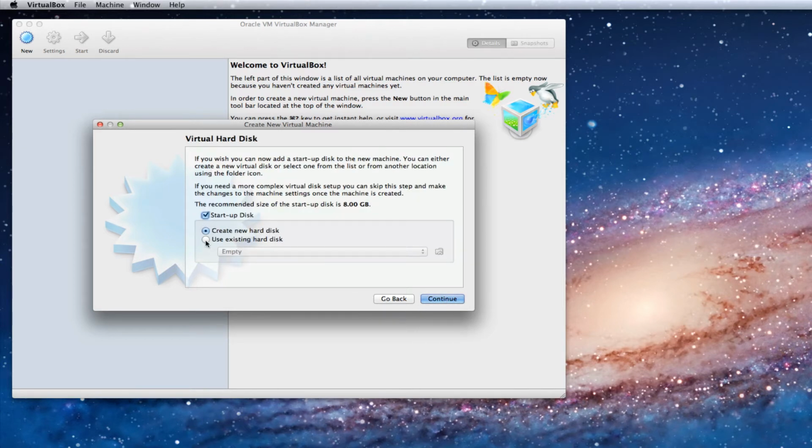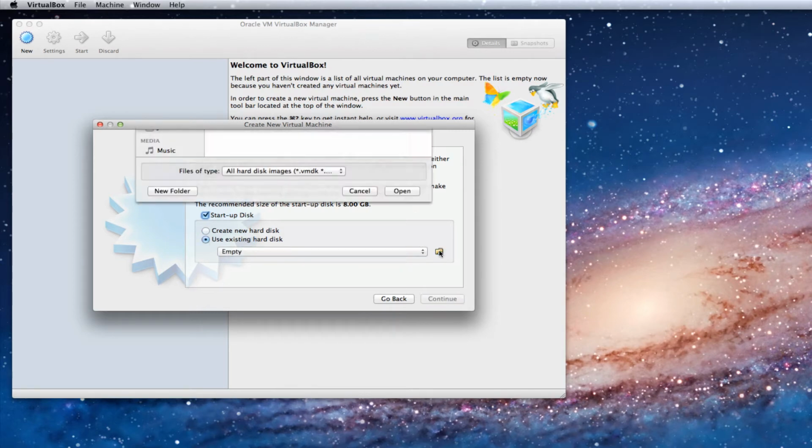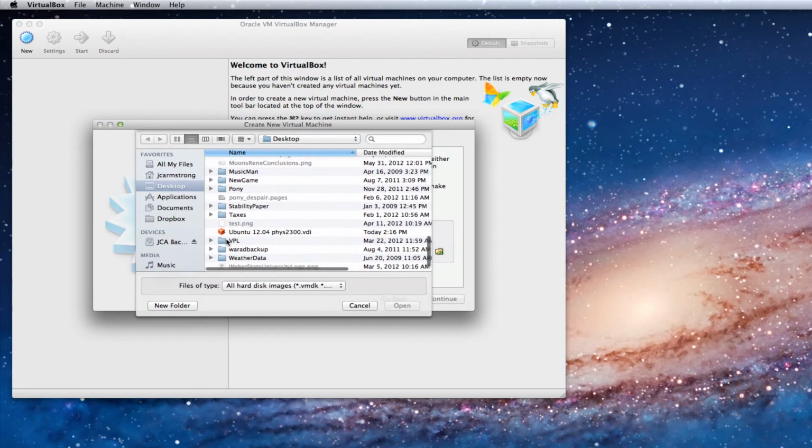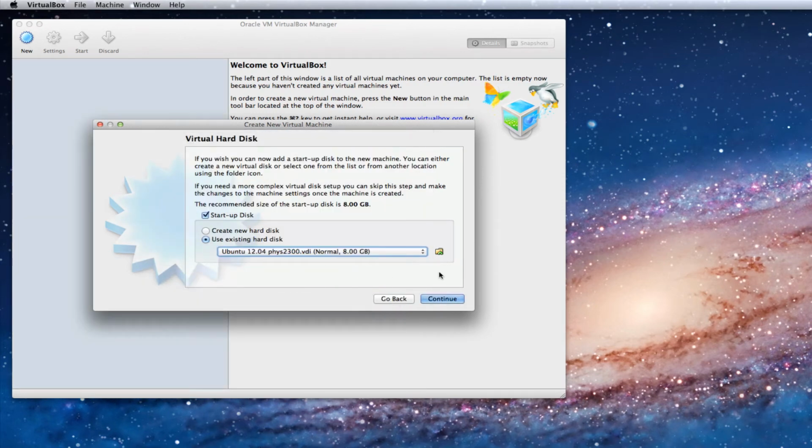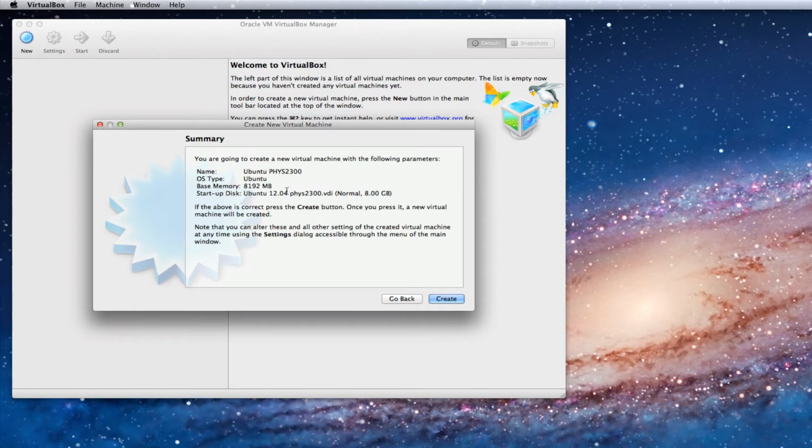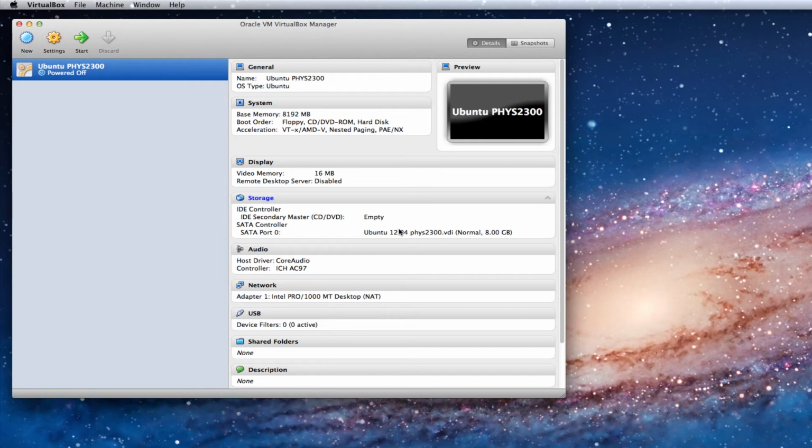Hit Continue. I want to use an existing hard disk, and you can select the virtual machine that you downloaded from our website, and that will be the hard disk which has our virtual machine instance. This tells us everything we put in here. I hit Create, and now I have a new virtual machine that will run Linux. I can go ahead and start that machine,